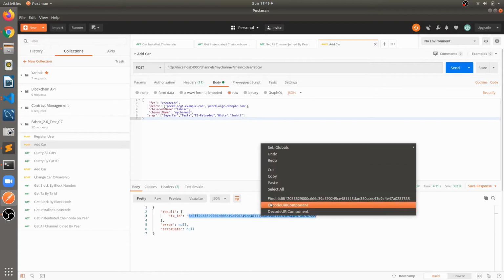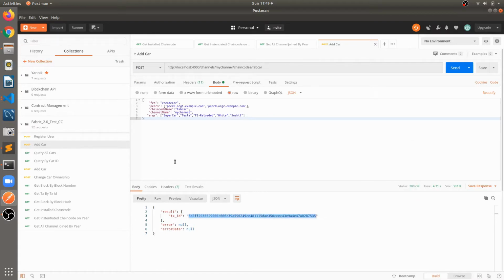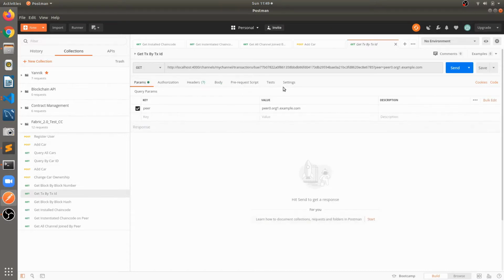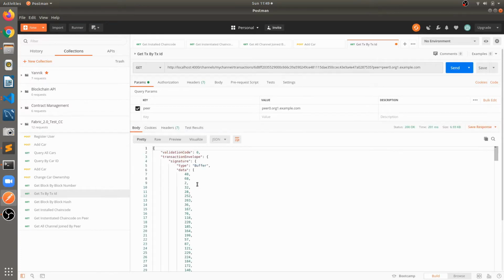So for this transaction ID we will fetch all the data which is available inside this transaction, get transaction by transaction ID, and we have to provide it here and send. So here in the transaction envelope we have all the information.